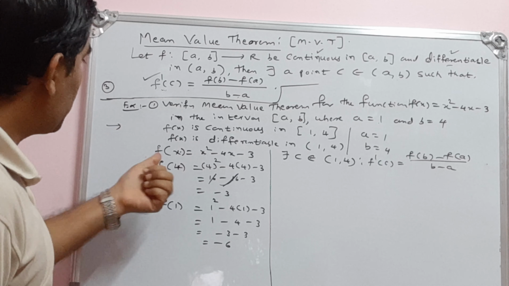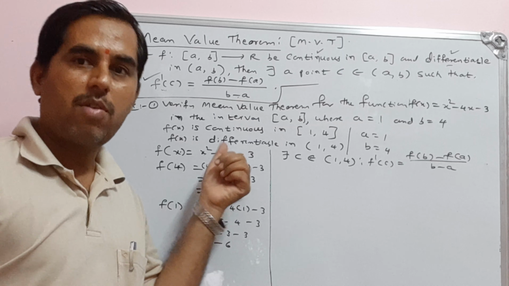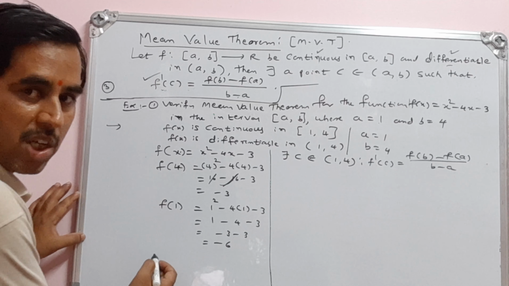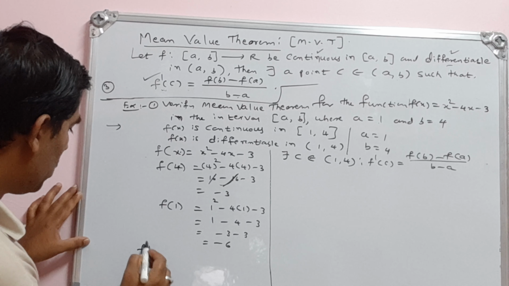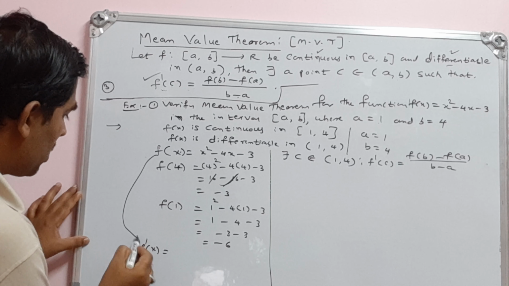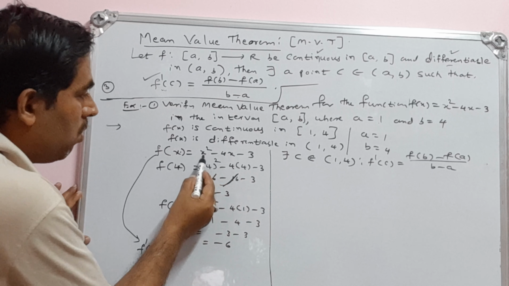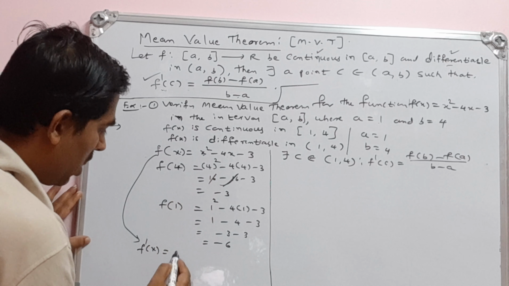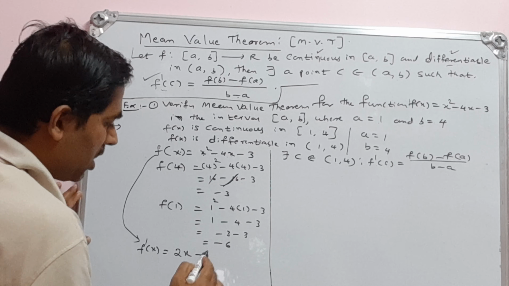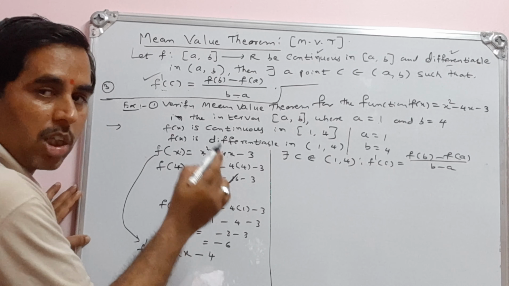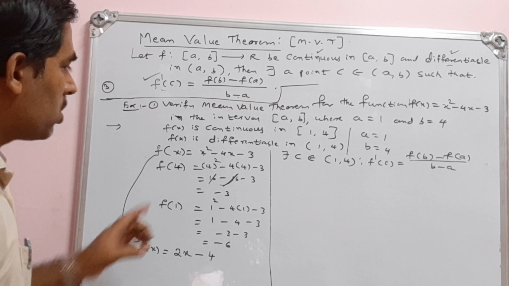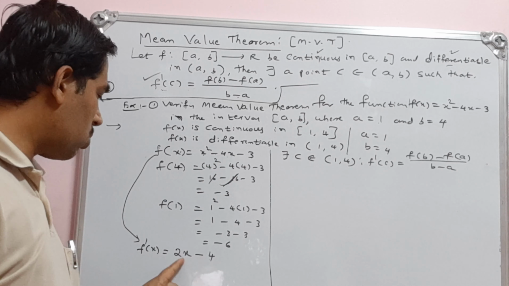So where is our function here? f of x is here. We have to differentiate the given function because I have to substitute f dash. So what is f dash? f dash x is equal to, differentiating both sides: the derivative of x square is 2x, minus the derivative of 4x, which is 4 into the derivative of x, which is 1 only. So 2x minus 4. The derivative of 3 is 0. So the derivative of x square minus 4x minus 3 is 2x minus 4.